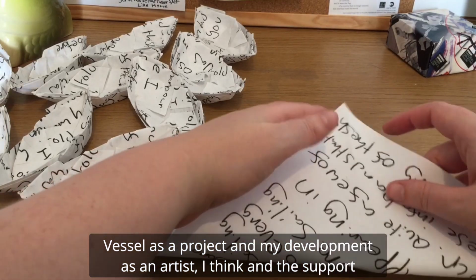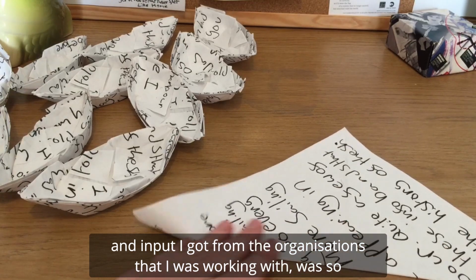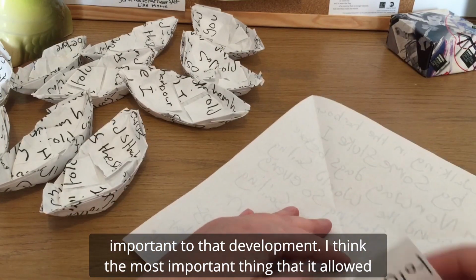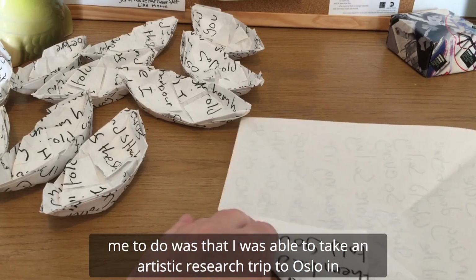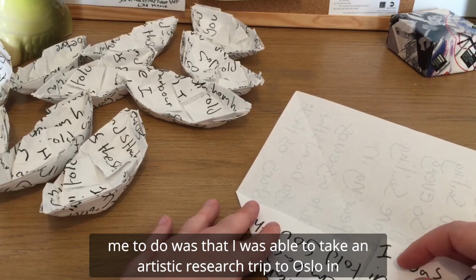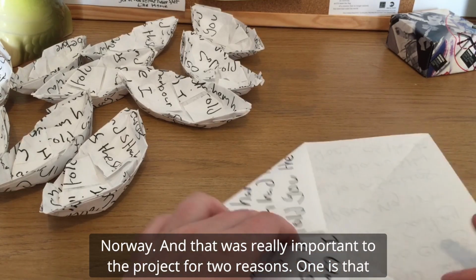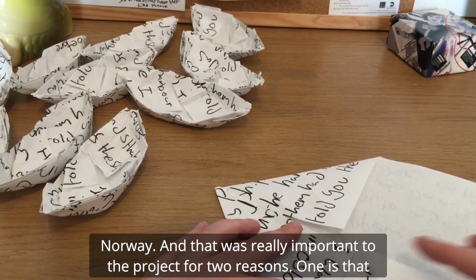Receiving the emergence bursary really changed the development of Seaworthy Vessel as a project, and my development as an artist, and the support and input I got from the organisations that I was working with was so important to that development. I think the most important thing that it allowed me to do was to take an artistic research trip to Oslo in Norway. That was really important to the project for two reasons. One is that